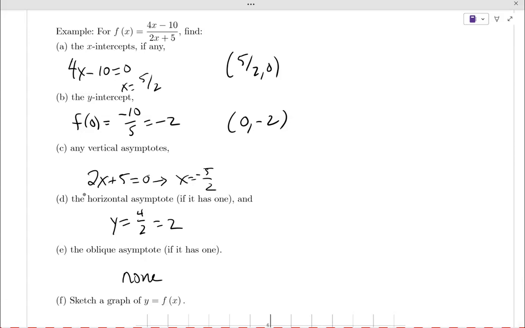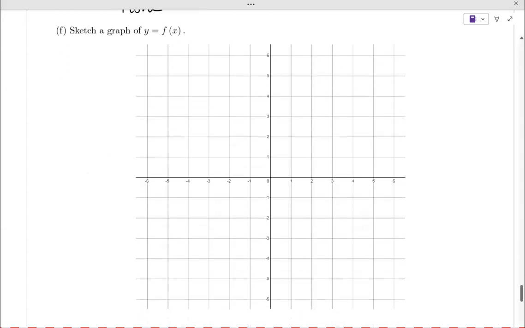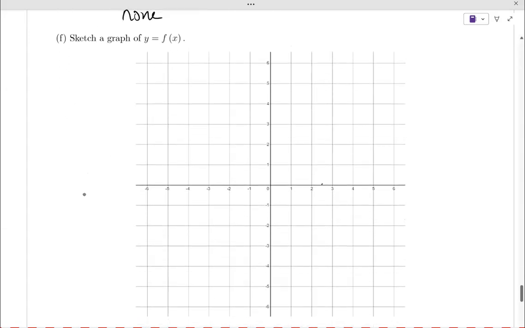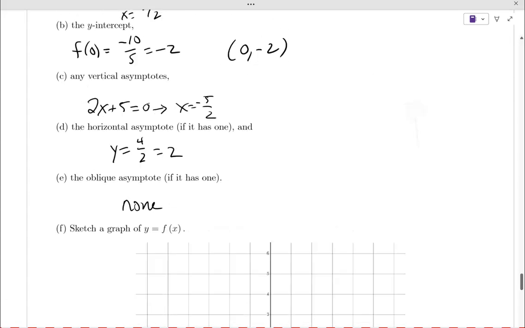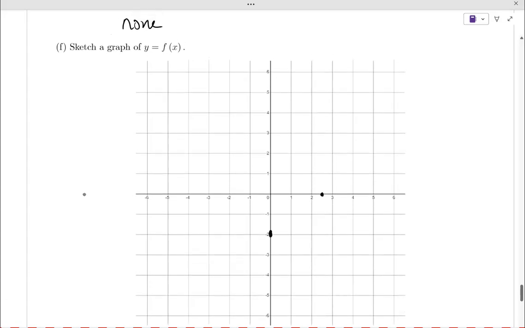Yeah? All right, so let's put it all together. 5/2 was an x-intercept. Was it -2? I've already forgotten. Yeah, -2 was a y-intercept. Vertical asymptote at -5/2. And horizontal asymptote at 2. This is a little bit easier because we just got it divided into 4 pieces, right? We really only have to do one side and then the other. All right, so again,